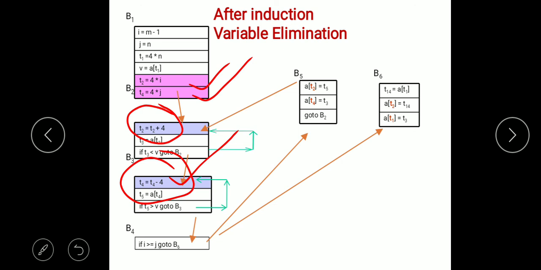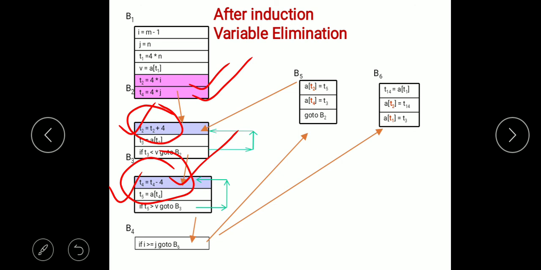That's why we can rewrite the intermediate code in this way so that its ultimate meaning isn't changed, but induction variables can be eliminated. Now you can clearly see in basic blocks B2 and B3 we don't have induction variables.